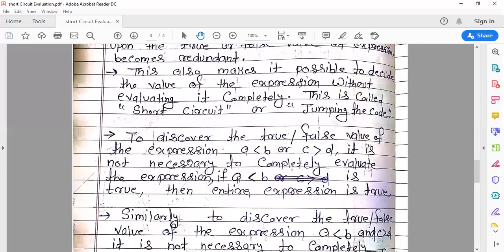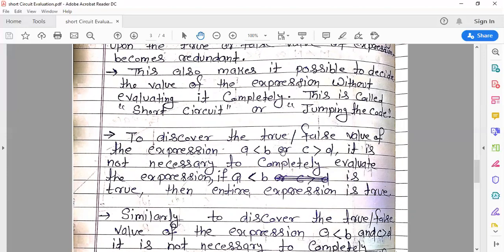Like, to discover the true or false value of the expression a less than b or c greater than d. So here we have the expression a less than b or c greater than d. As in the earlier method, we have to evaluate first a less than b and then c greater than d.